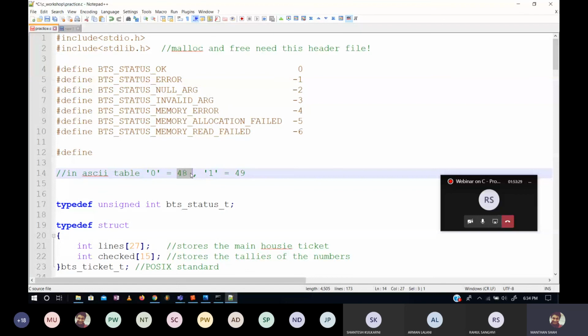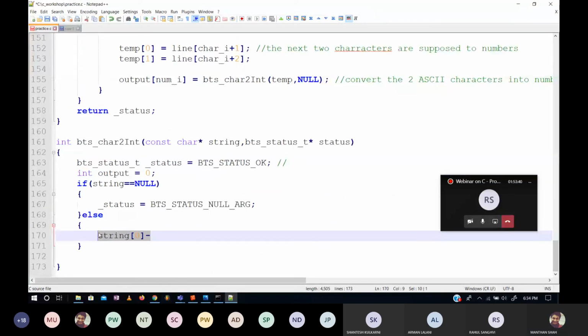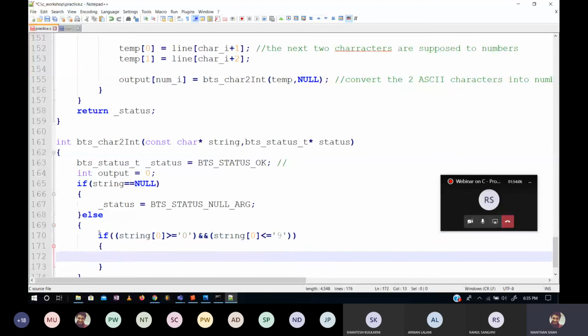That's the ASCII value. So we know that this initial offset is this thing. Whatever the number, it has to be in the range of 48 to 48 plus 9, or from character 0 to 9. So if the character box of 0 is greater than or equal to the 0th character, and the same character is also less than or equal to 9 in the ASCII, this is basically determining the range.